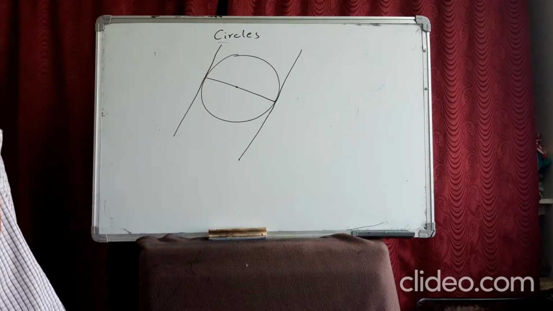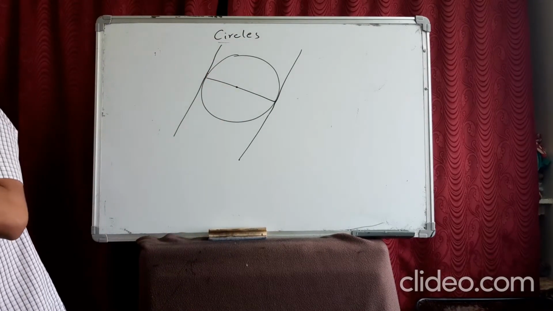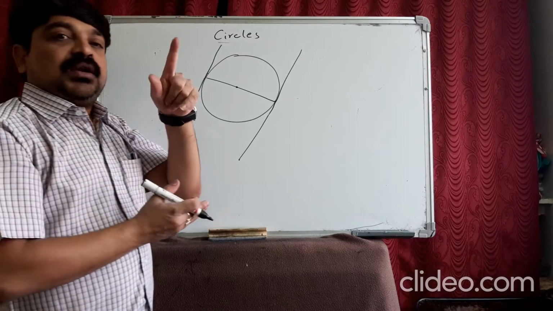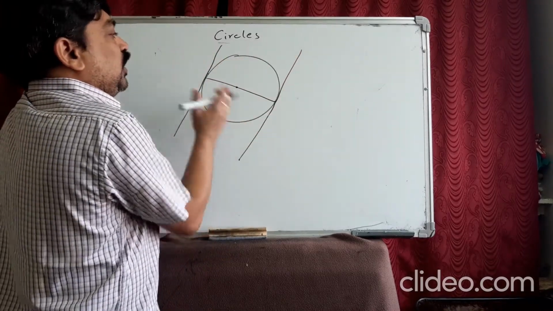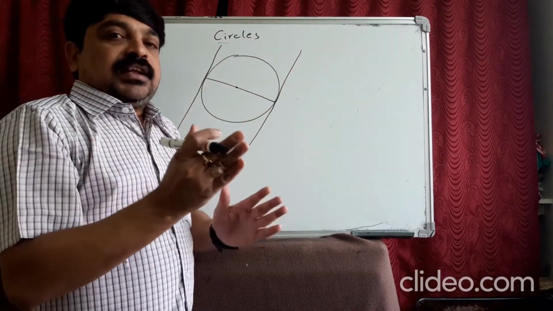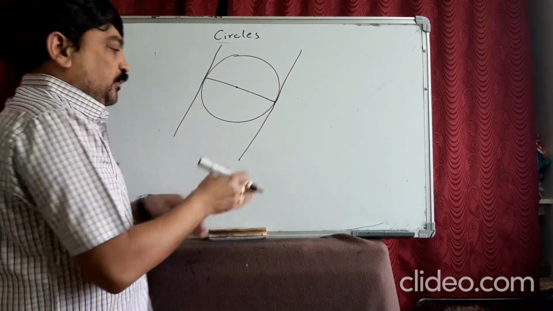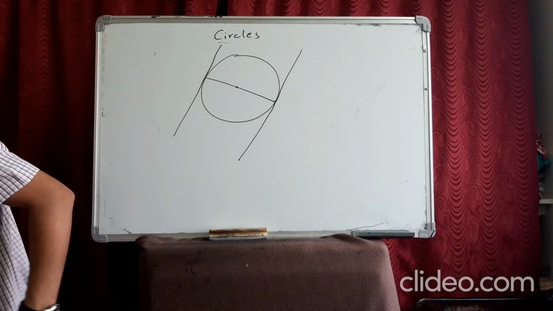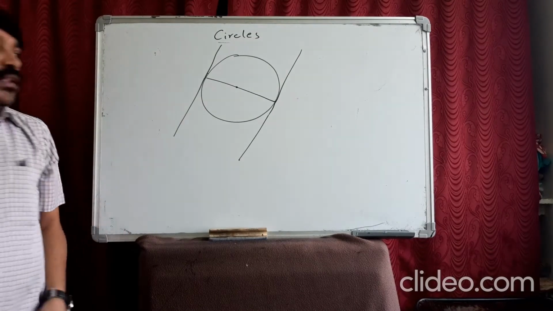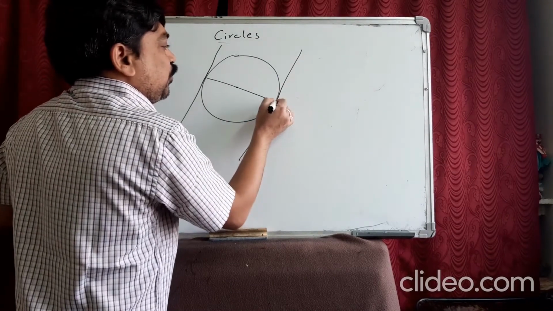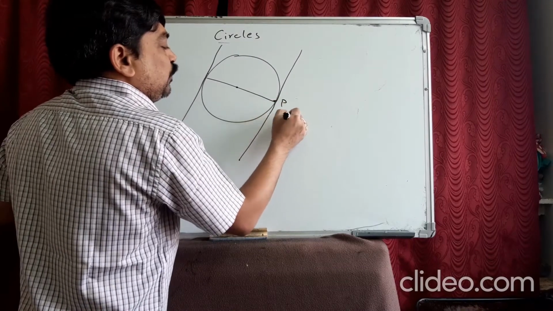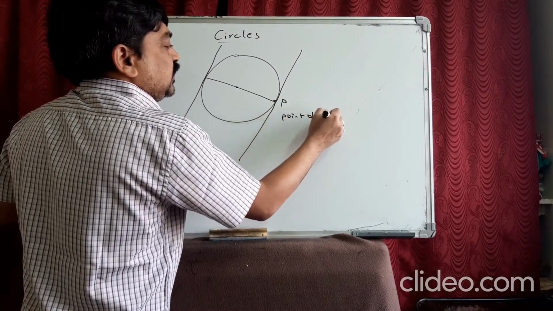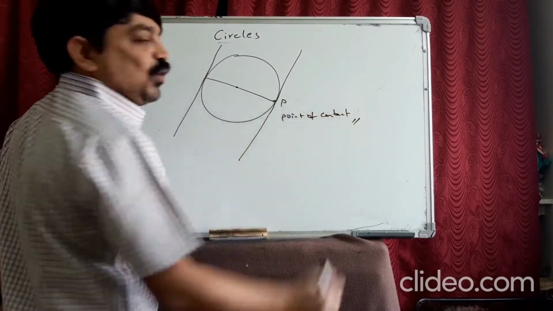But here what did they say? Can have dash parallel tangents. Only 2 parallel tangents can be drawn. A pair of parallel lines can be drawn at most. Okay. Next question. The common point of a tangent and a circle is called. See, this is the tangent and this is the point. This point is called the point of contact.